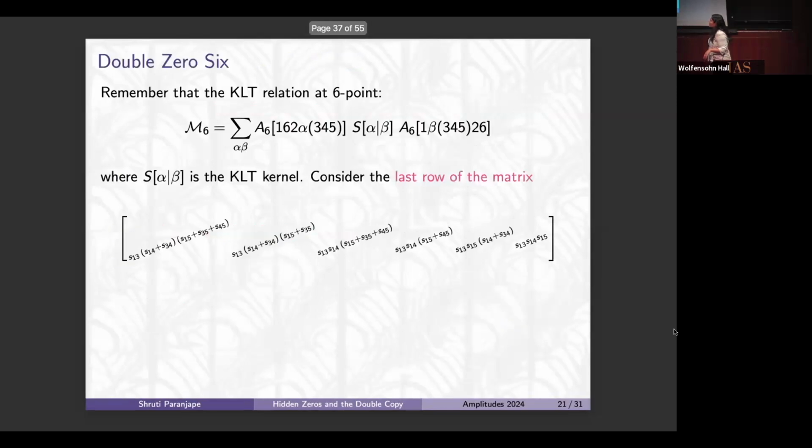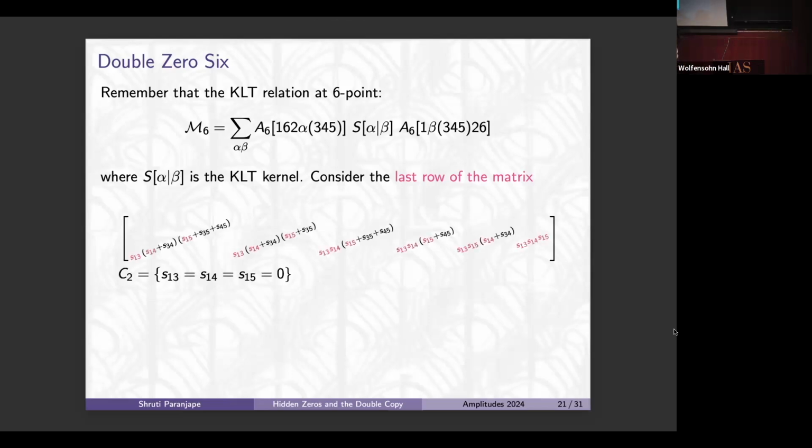All right. Do these zeros double copy? So in a very similar vein as the BCJ argument, I just write down the 6-point KLT relation. Okay. And again, I choose my basis somewhat carefully. And here, because of my poor LaTeX skills, you only see the last row of the matrix. But that's enough really to make the point, which is that on the first zero, this vanishes fully. And actually, you can show that the whole KLT kernel vanishes on the support of this zero. So good. So that means that M6 will inherit this zero, again, as long as there are no 2 particle